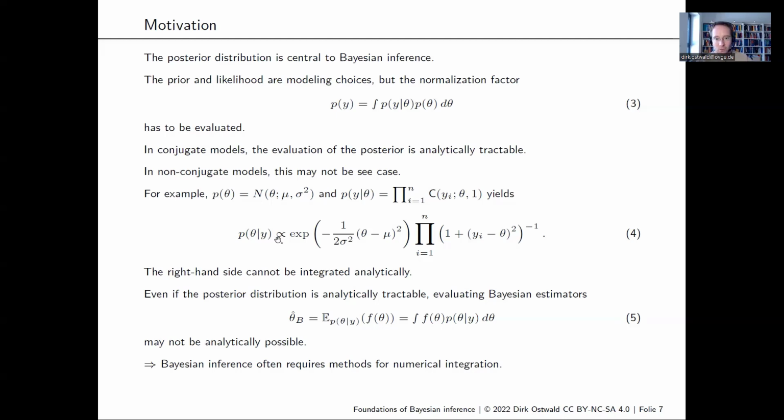If we now fix the yi's and the mu and the sigma square, so we set our prior parameters sigma square and mu, and we fix our yi's, we can of course look at the shape of the posterior distribution, and we can read off maximum a posteriori estimates. But we can't really form credible intervals, and